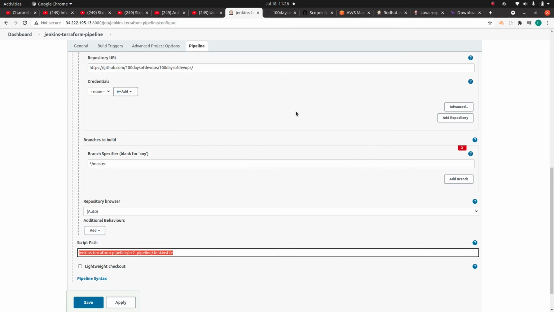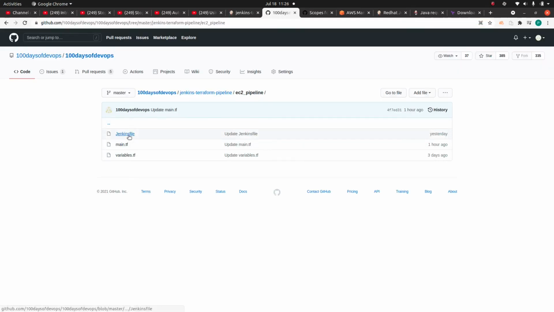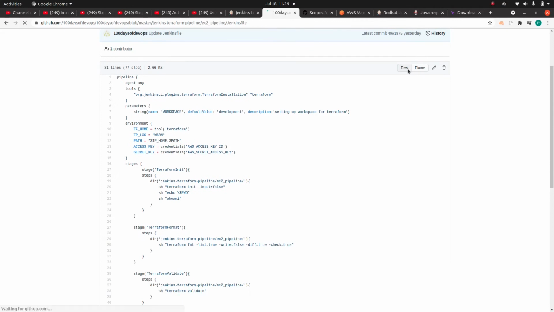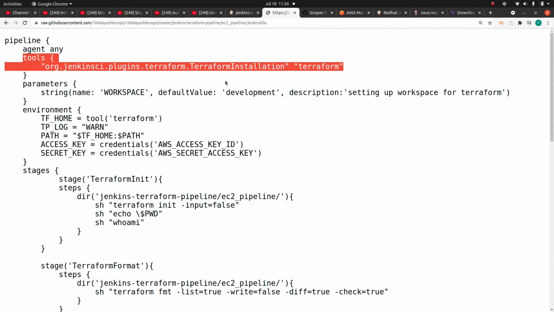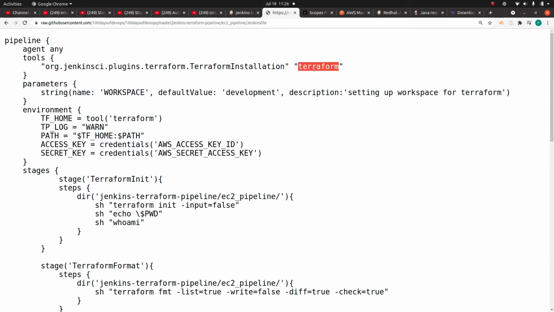Okay. So let me go here and show you the Jenkins file. This one. Like I said, the main function of the Jenkins pipeline, the Jenkins file, is to automate this entire process. This is how the Jenkins file will look. It is basically a Groovy script where we have defined the pipeline block, and then we are specifying the agent, which can be any. That means this can be a virtual machine, it can be a Docker container. Here I'm specifying it can be any. Here I'm defining the tools that I have used. Okay, and in this case I'm using Terraform as a tool.